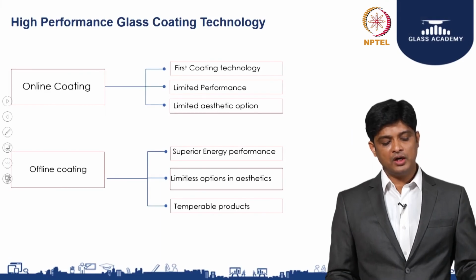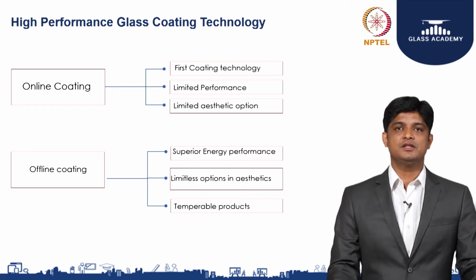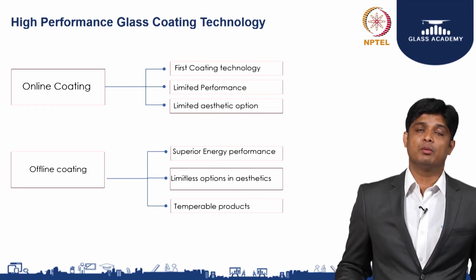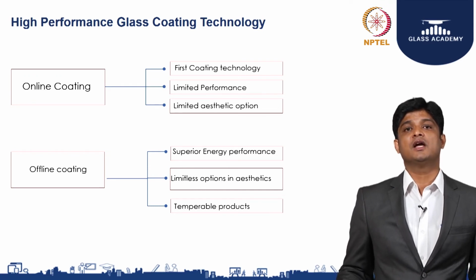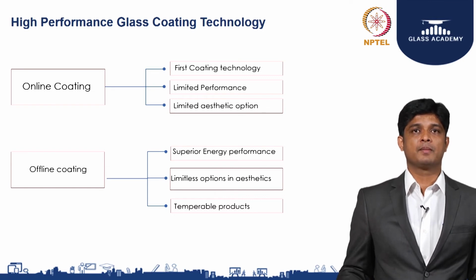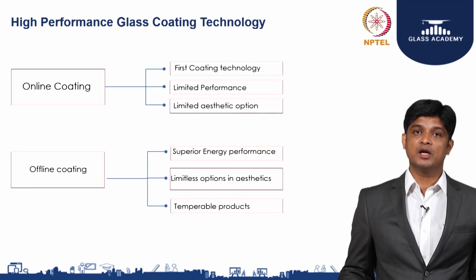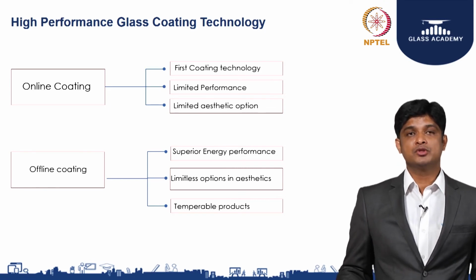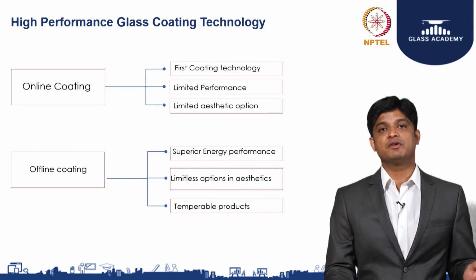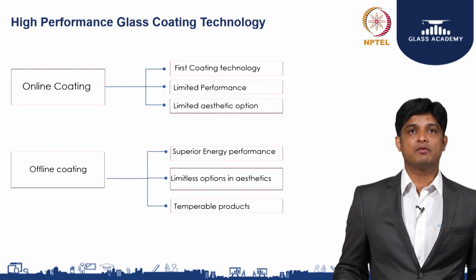So as I said, online is a first coating technology and a very durable coating, but it has its challenges in its limitation on performance and on aesthetics. Similarly, when we think about offline, it is excellent. I can bring in any kind of performance requirement. On aesthetics, you can have n number of options, because with one base you can develop multiple products or multiple shades. So you can have about 20 to 25 shades of blues and 25 shades of greens and grays. It's all possible only in offline.